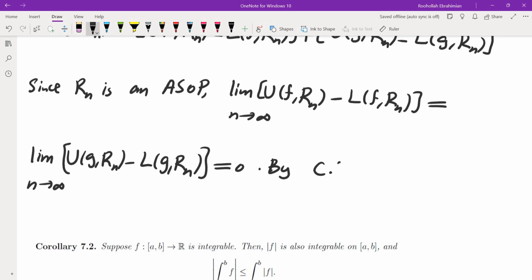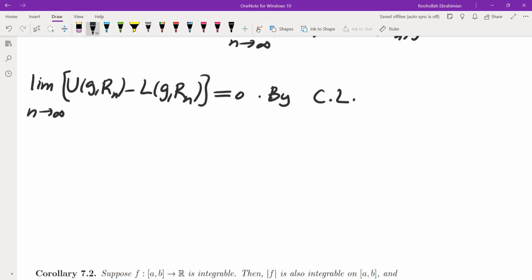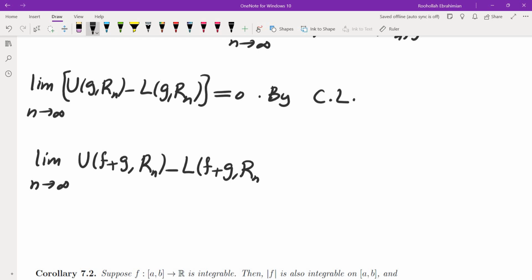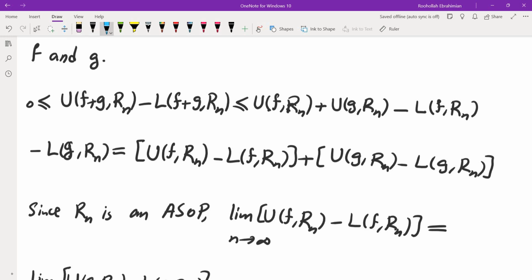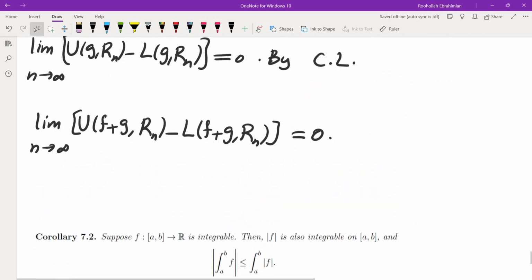So by comparison lemma, upper minus lower for f plus g, the limit as n approaches infinity of upper sum for f plus g minus lower sum for f plus g, is also 0. If you look at this inequality, this guy is non-negative and is less than this plus that, both of which are going to 0. Therefore, by comparison lemma, upper minus lower for f plus g must also approach 0. Thus, f plus g is integrable,